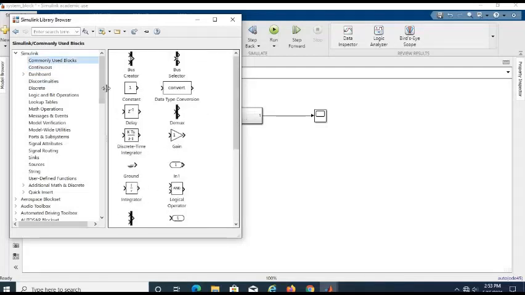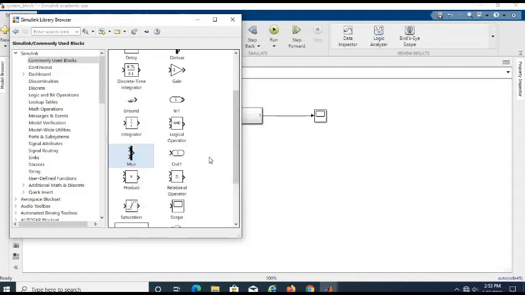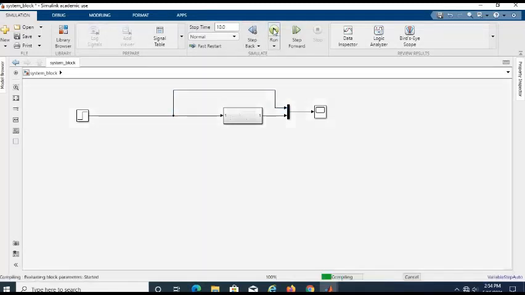We need a multiplexer. Okay, add this, and then we cut it first. We simulate again.